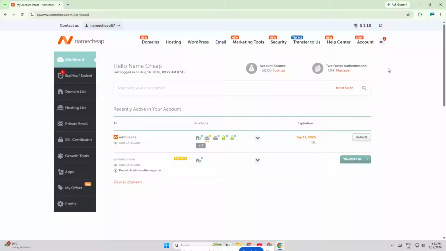In today's video, I'm going to show you exactly how to turn off domain auto-renewal on Namecheap in just a few quick steps. If you no longer want a domain to renew automatically, this is the easiest way to stop future charges and take back control of your domain settings. This is especially useful if you're letting a domain expire, moving it somewhere else, or just want to manage renewals